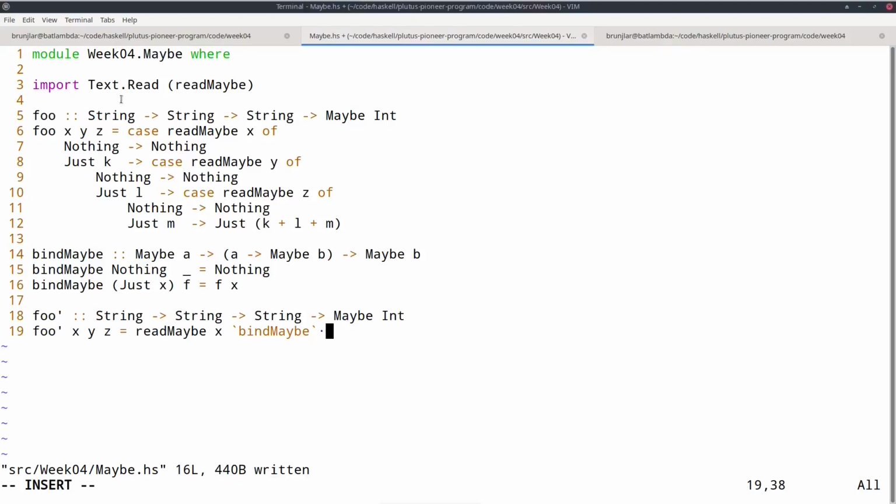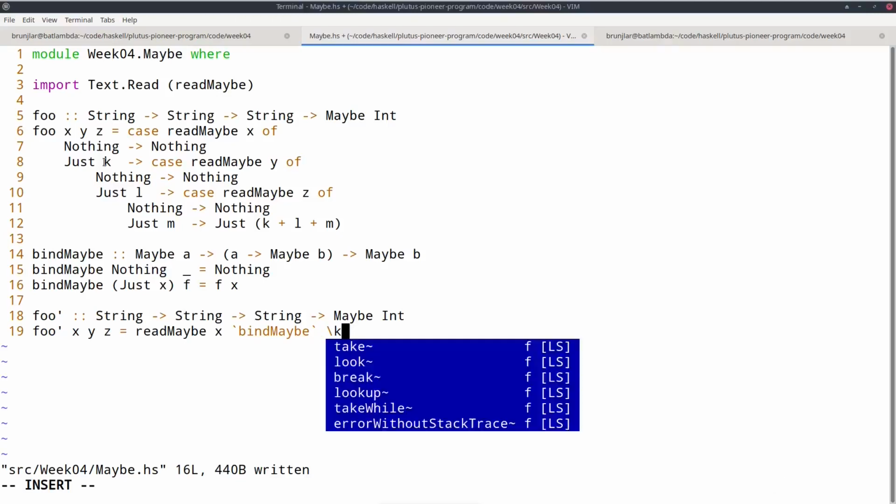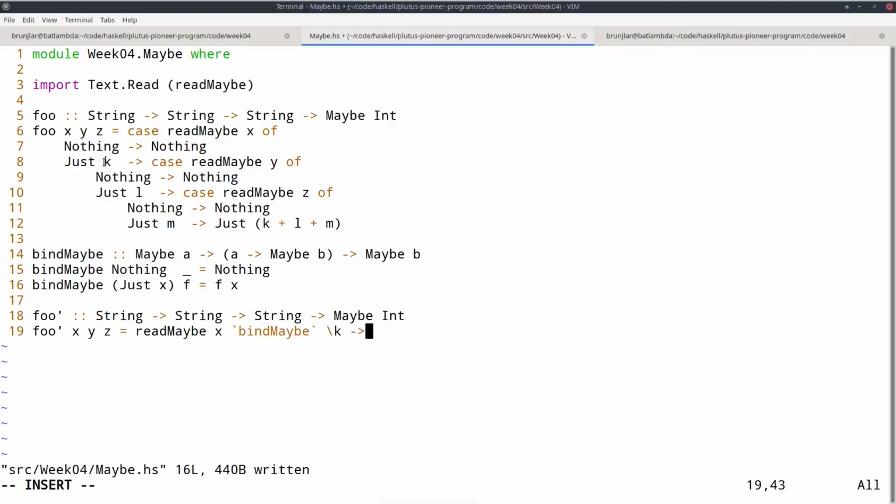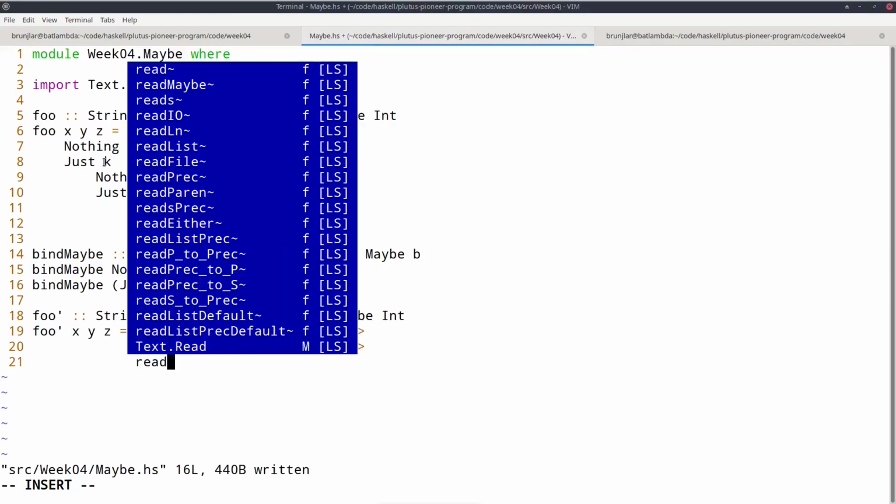In the Nothing case, Nothing is now encoded here in this bindMaybe. But if we succeed, let's call this k. Then I can do readMaybe y, use my new bindMaybe again. And if it succeeds, I call the result l. And a third time.